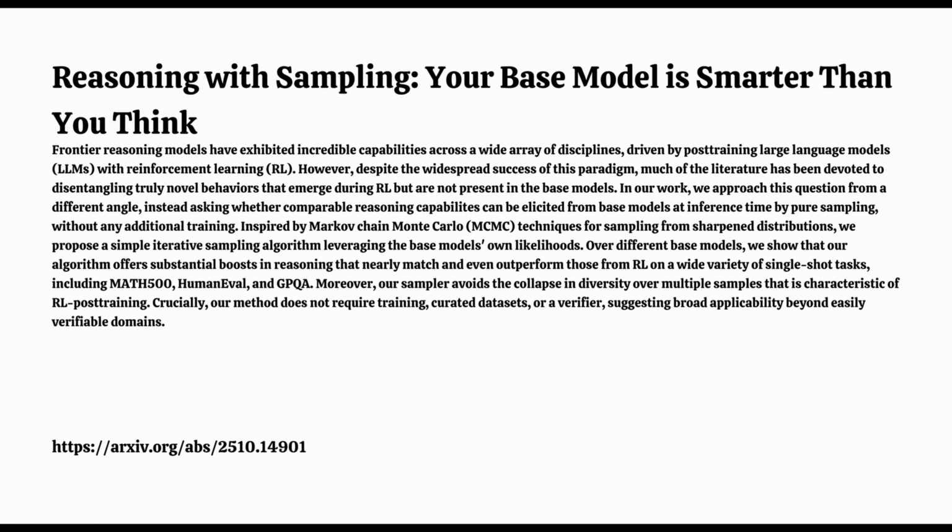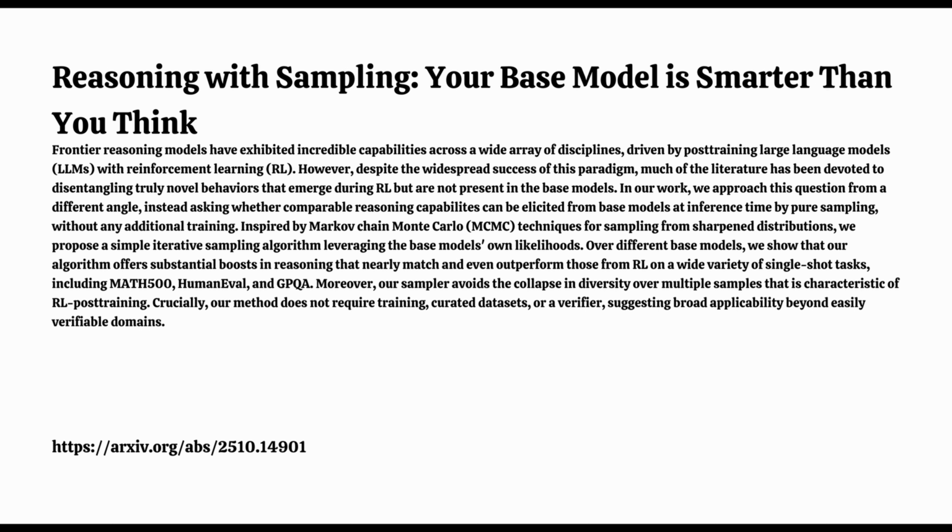Interestingly, no, not really in length. Power sampling outputs were about as long as successful GRPO ones. For instance, on Math 500, Qwen 2.5 Math 7B generated around 679 tokens with power sampling versus 671 for GRPO. And that's without any explicit push for longer answers in power sampling. It kind of suggests that solving complex problems often requires reaching a certain level of detail or number of steps. Both methods, when successful, seem to find their way to similar high-confidence, high-likelihood parts of the model's possibility space. The link between the base model's likelihoods and actual accuracy seems really strong, however you get there. Power sampling just seems to navigate to that good region more reliably in some cases.